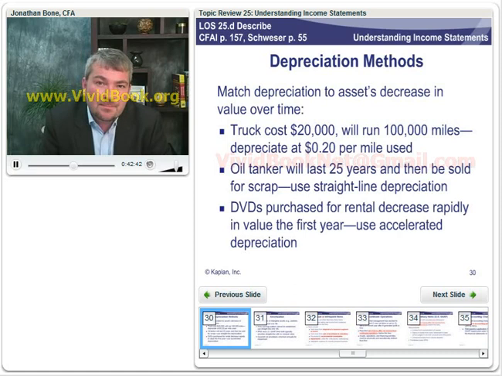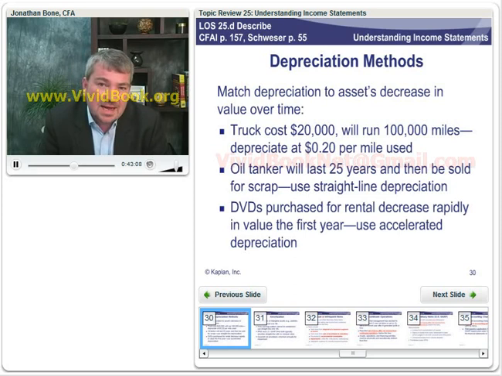the first year. Now when a DVD is new and it's of a new film, of course lots of people are going to want to rent it, so it's going to generate very high revenues. As the film gets older, of course, most people have seen it, and as a result, the rental revenues it's going to generate are going to fall. So as a result, we're likely to use an accelerated depreciation method. An accelerated depreciation method will charge more depreciation through the income statement when the asset is young, and less as